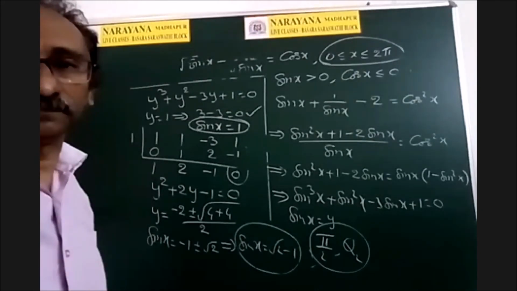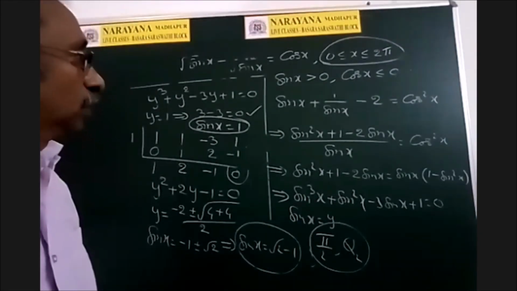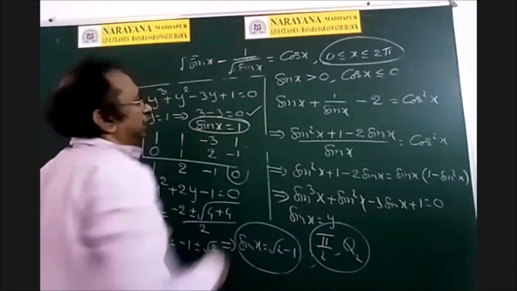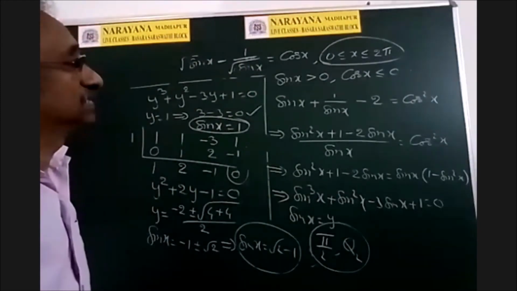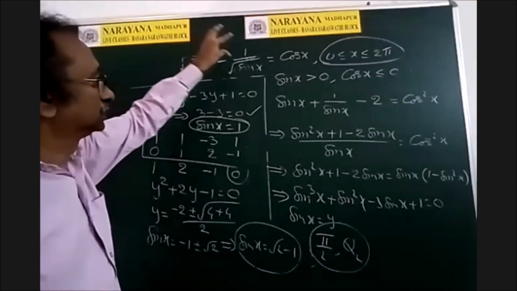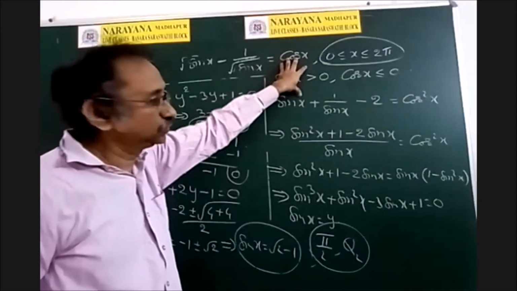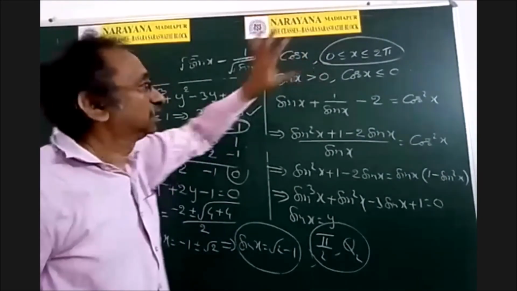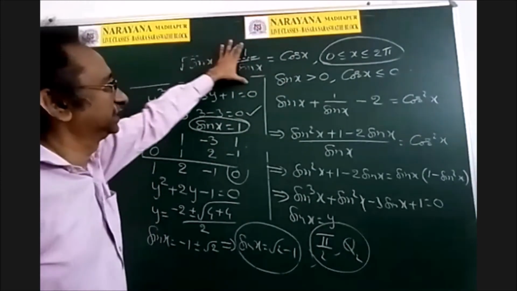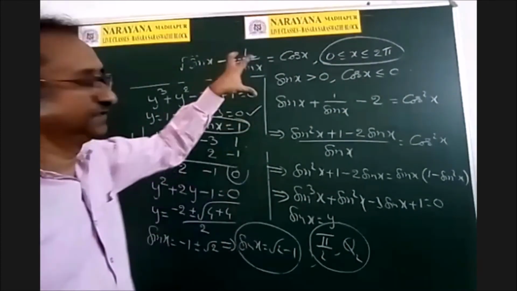Rishikesh: Sir, once explain the division. Okay, see once again the question. Root sin x minus 1 by root sin x is equal to cos x, with 0 less than or equal to x less than or equal to 2 pi. Now sin x is under a square root and in the denominator, therefore sin x cannot be 0 and cannot be negative, it must be positive. And this is a proper fraction, this is an improper fraction, that means the left hand side is negative, so the right hand side also should be negative. Now we start with those conditions.